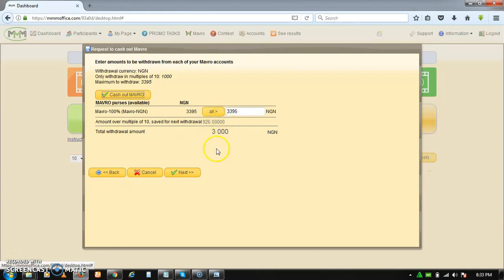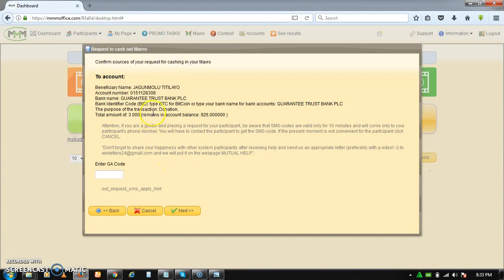So once you are done doing that, the next thing you just do is click on next. Once you click on the next button, yes, in some accounts it will just assign and roll over and create your Get Help history like that. But you can see that here it is asking for GA code. It's asking for GA code because on this account that we are practicing on, the owner of the account has secured the